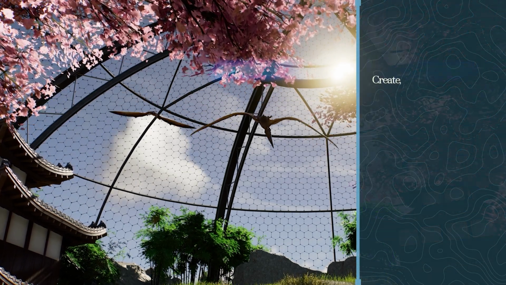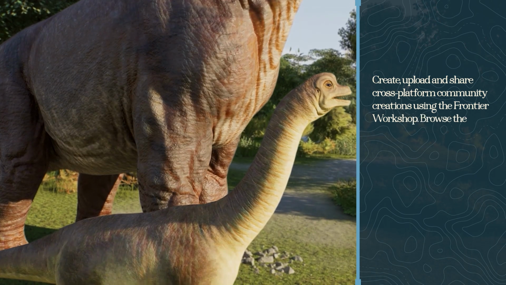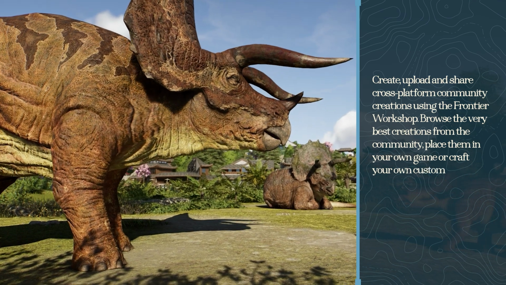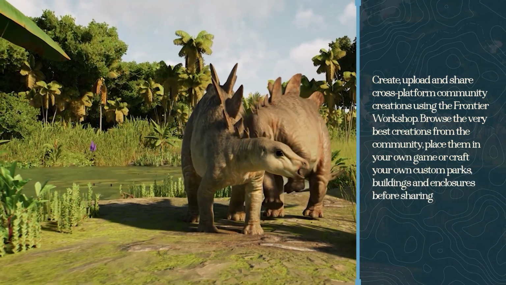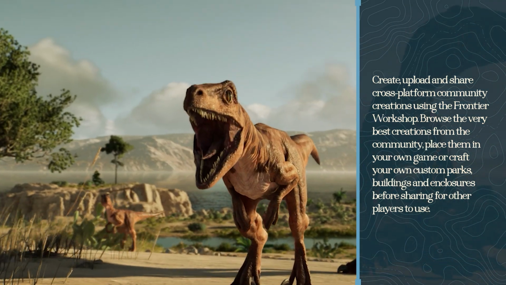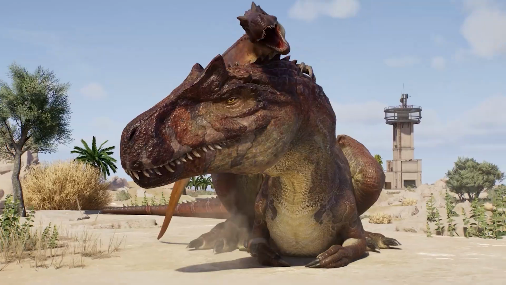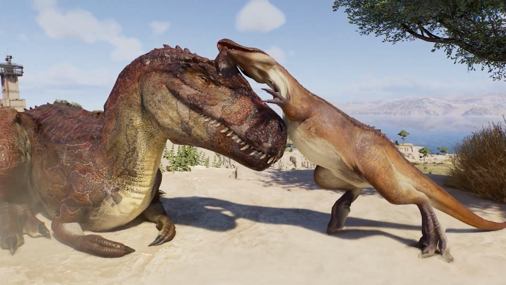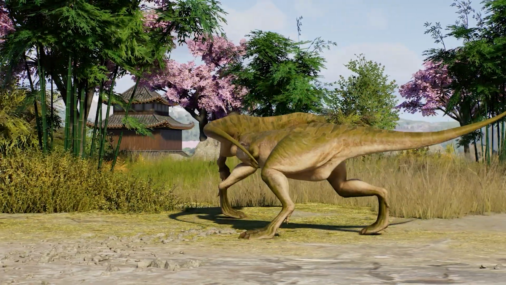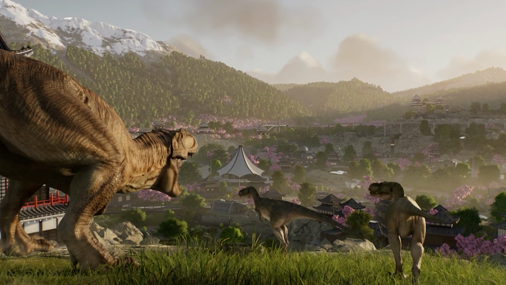And lastly, create, upload, and share cross-platform community creations using the Frontier Workshop. Browse the very best creations from the community and place them in your own game or craft your own custom parks, buildings, and enclosures before sharing with other players to use. Music to my ears. So not only are we going to be able to modularly build whatever the heck we want, but we'll be able to share that with the community, with each other, download different builds. It's amazing. It's just what we have in Planet Zoo and Planet Coaster, so I'm very excited with that addition